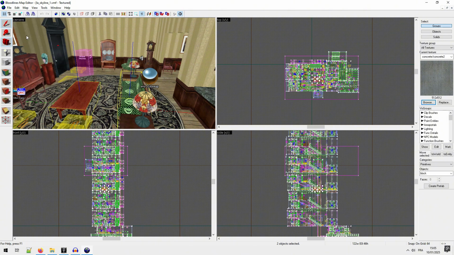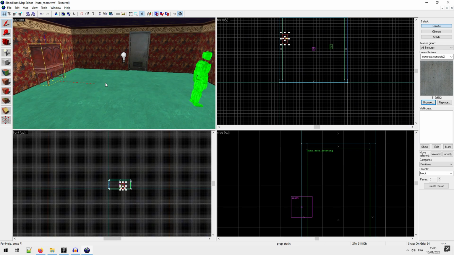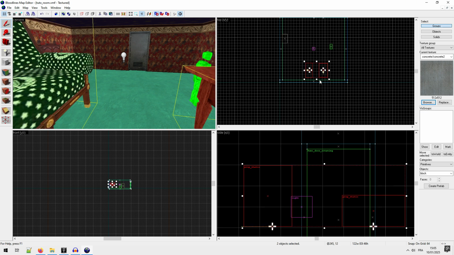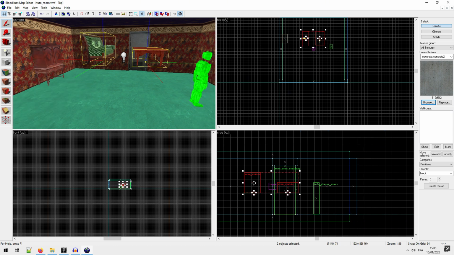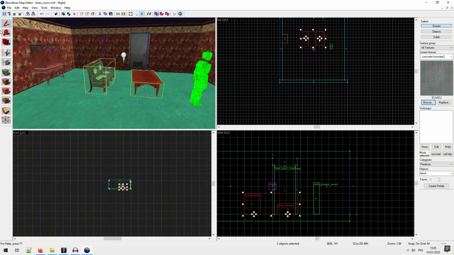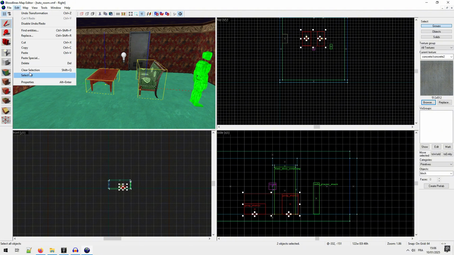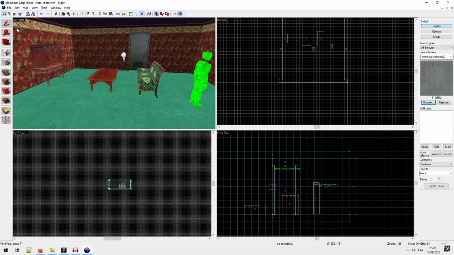Edit, copy, Windows, and I switch back to my room, and I say Edit, paste. And let's put it around here, and snap to grid. Okay, so we have a basic room, and after you can use the transform tool, and that's how you populate a room with props. Edit, clear selection, file, save.